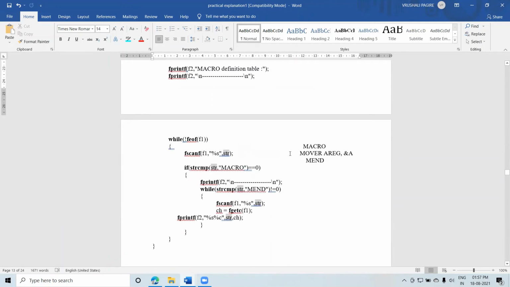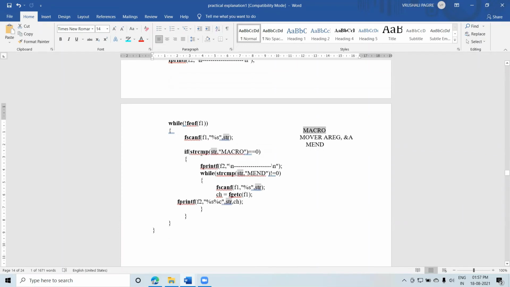So the first word, what is the first word? Consider this example, macro. You have read that word macro. Now you know that after the macro you have to start copying all the lines into your file.